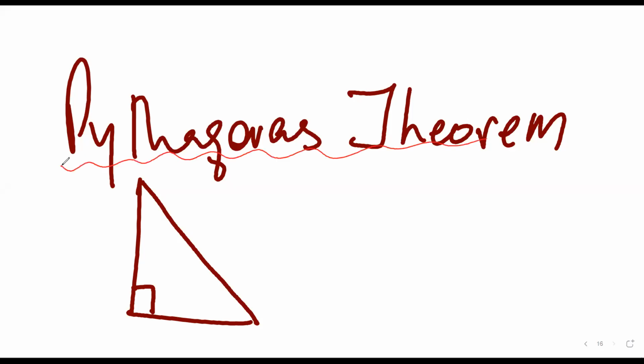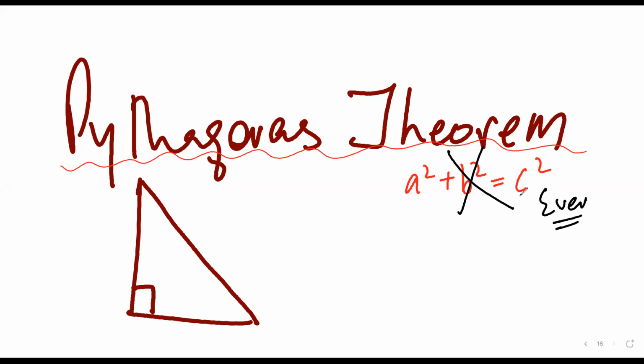So Mr. Sarthak, Pythagoras theorem. Now one thing that I want to specify about Pythagoras theorem is usually this is what people suggest, that Pythagoras theorem is a square plus b square is equal to c square. This is the definition that we won't use ever. What we will use? One thing is that Pythagoras theorem is only applicable for